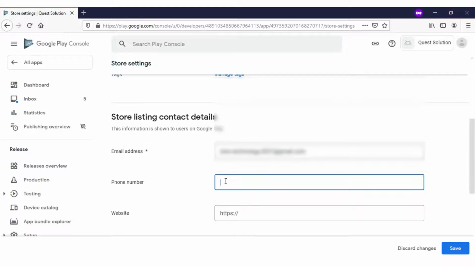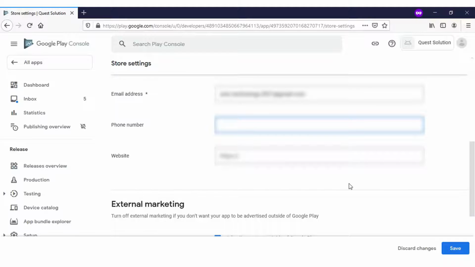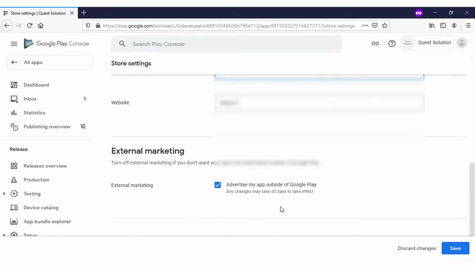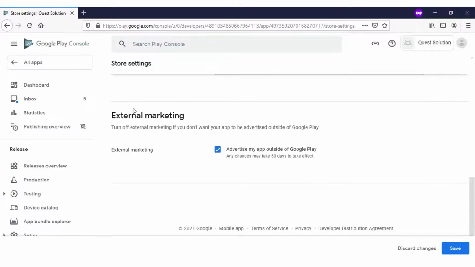Phone number is optional, website name is optional, so we are not going to provide these things right now. And external marketing, if you need, you can select this checkbox. That means it will advertise your application outside of Play Store also. Okay, just click on the save button